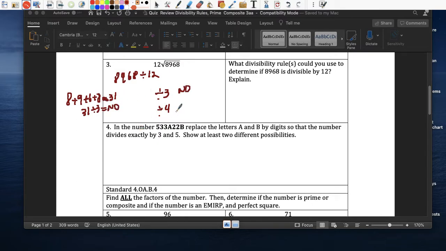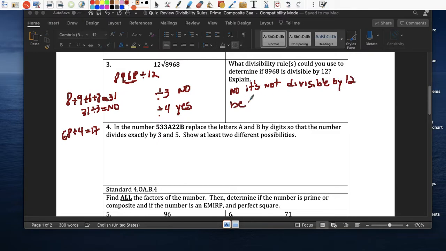We don't even have to do 4, right? Because already 3 is a no. So let me just do 4. 68, right? So for 4, we look at the last two digits, right? And we have 68. 68 divided by 4 is equal to 17. So 3 is a no, but 4 is a yes. But we need a yes and a yes. So is it divisible by 12? No, it's not divisible by 12